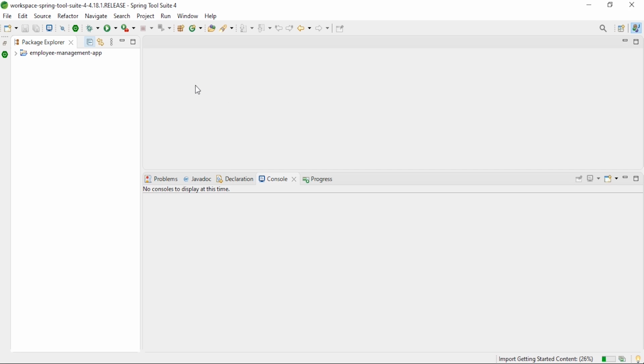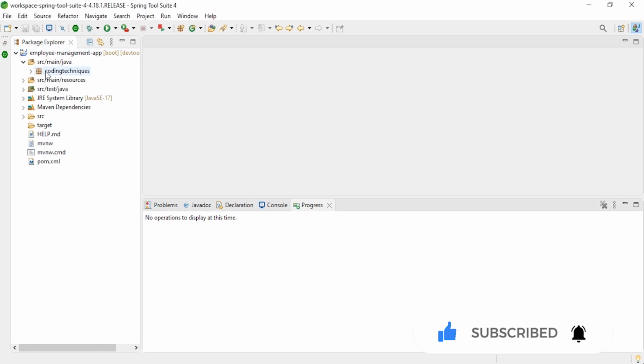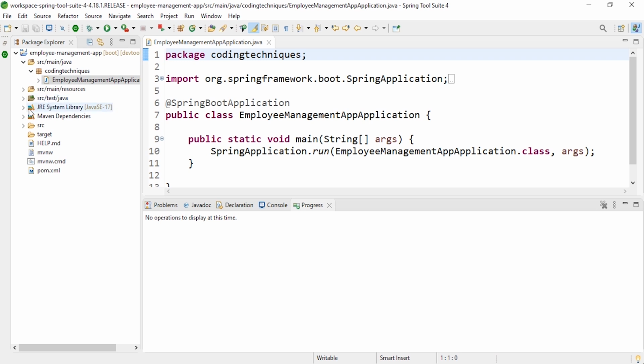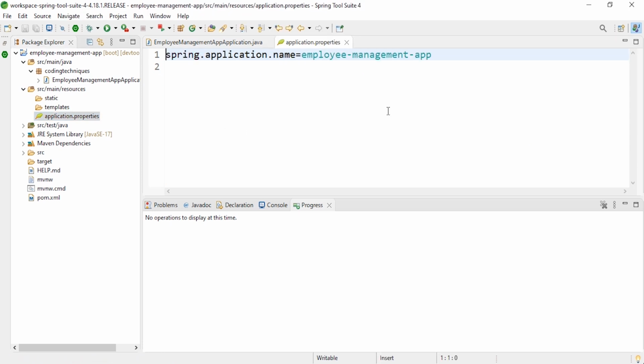So what we will do next, we will configure the MySQL database. If the project finished importing, the project is now ready, so let's open this. You can see we have the starter class. Okay, so here inside the resources, application.properties, we'll have the configuration for MySQL, but first we need to create a new schema in the